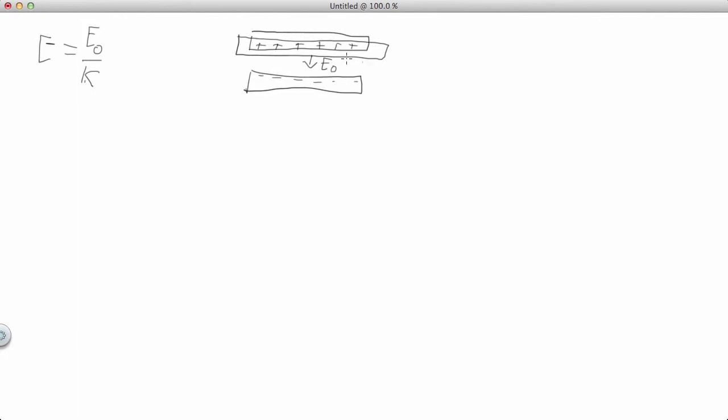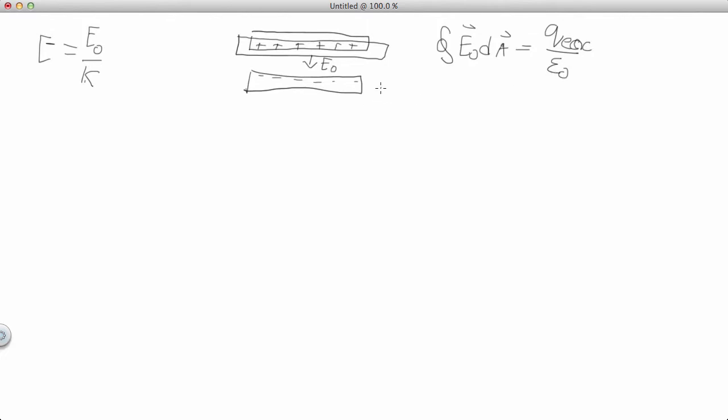Now our Gaussian surface includes just the positive charges on this top plate. There's no electric field at the top because we're inside a conductor. There's no electric field on the side, so we're just looking for this electric field here, E naught. And we know from Gauss's law that the integral of E naught dA is going to equal Q enclosed,